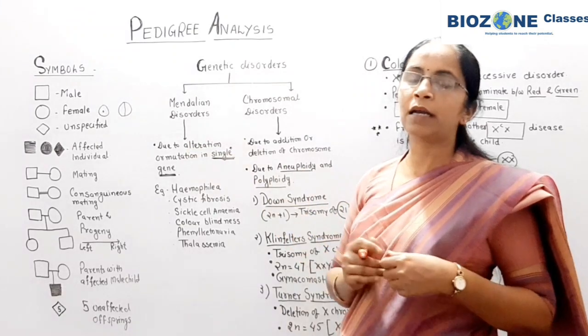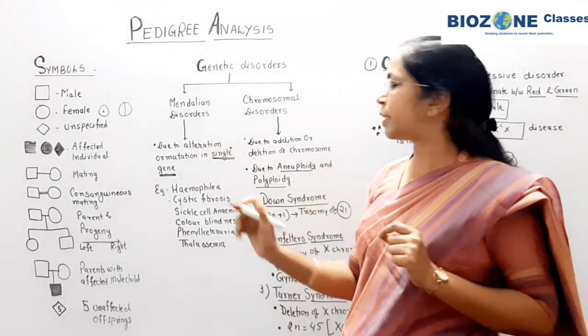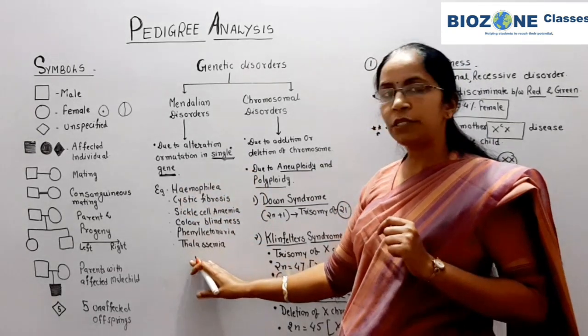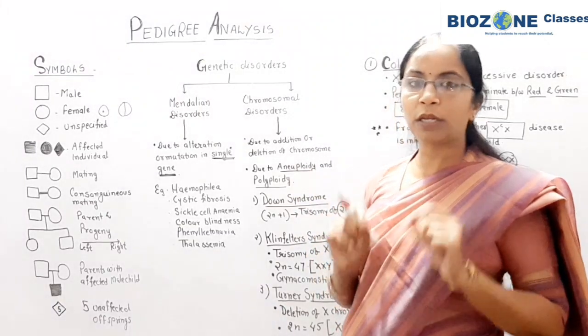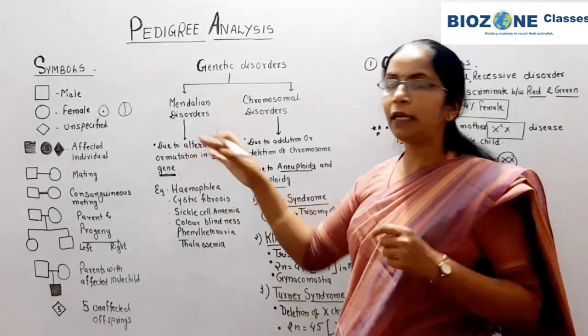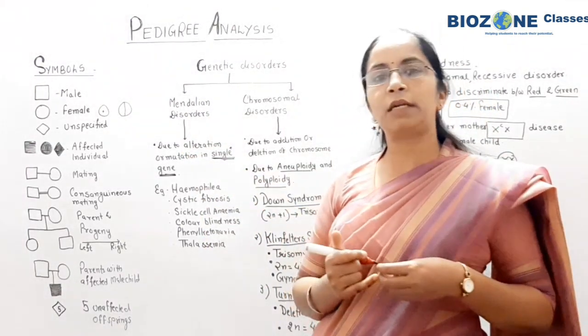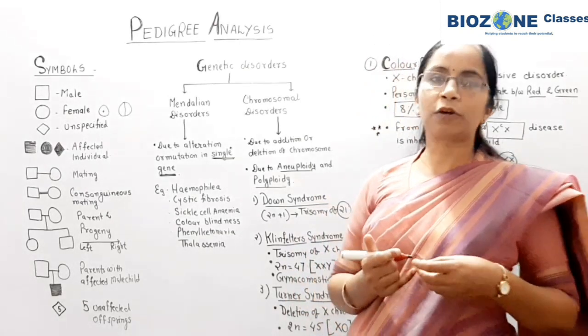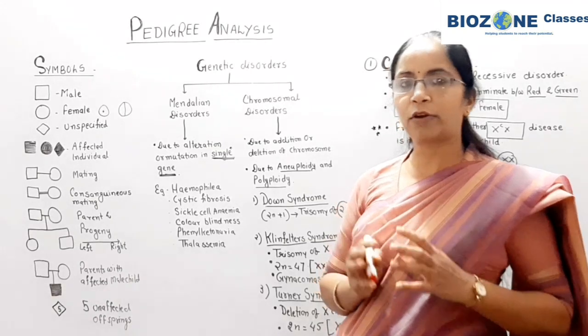These examples are mainly associated with Mendelian disorder because in all these diseases only a single gene is affected. This part you clearly remember. And some of the diseases, remember here, Mendelian disorder may be caused because of the autosome or it may result due to the sex-linked chromosome. Sex-linked chromosome means either due to X chromosome or Y chromosome.